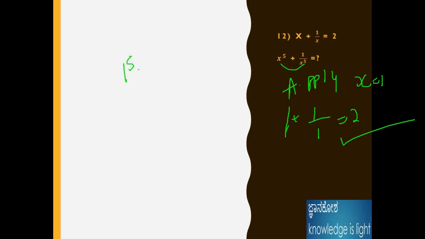Okay, I will take the next question as x plus 1 by x to the power of 5. For every problem we can't use the logic, so better to look at the problem. Observe carefully, friend. If I apply x is equal to 1, the term should be 1 plus 1 by 1 is equal to 2, then it is satisfied. We need to apply this logic. Then the term should be 1 to the power of 5 plus 1 to the power of 1 by 1 to the power of 5, so 1 plus 1 equals 2.